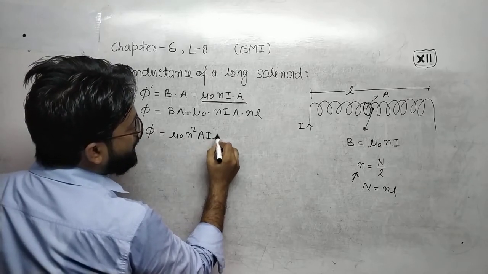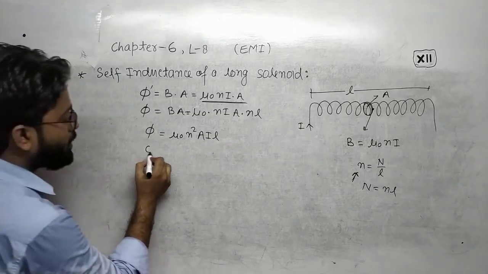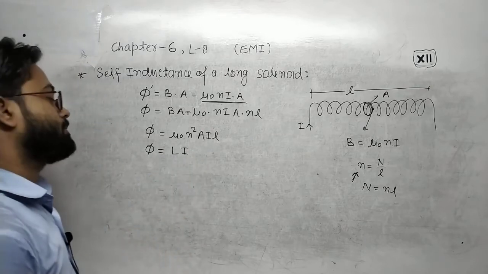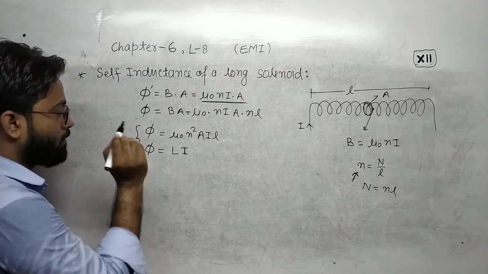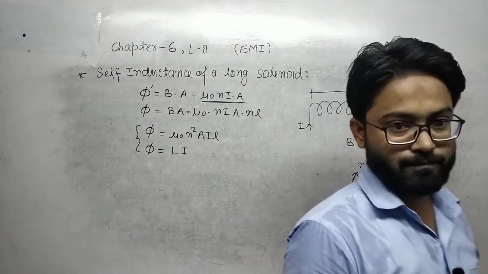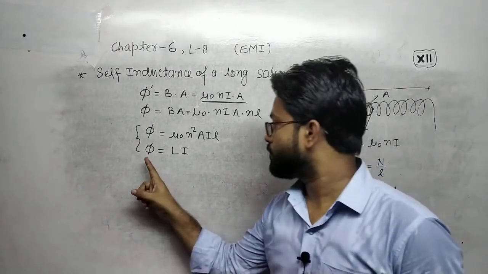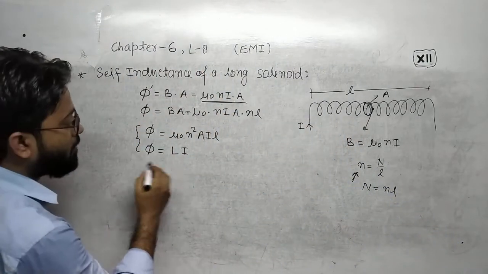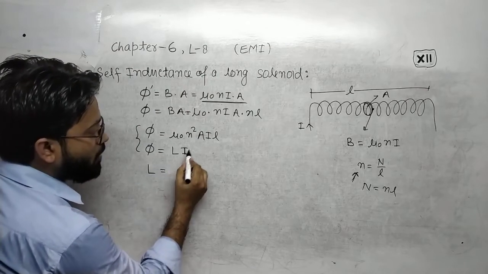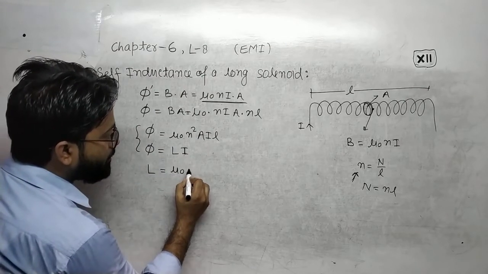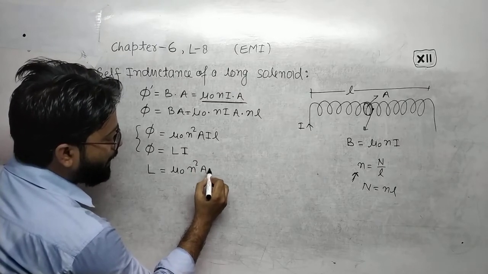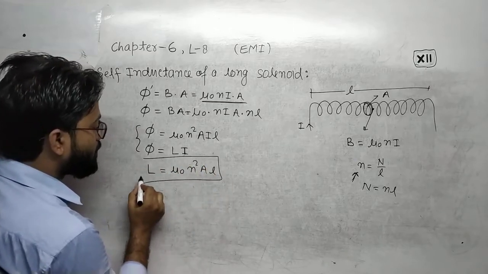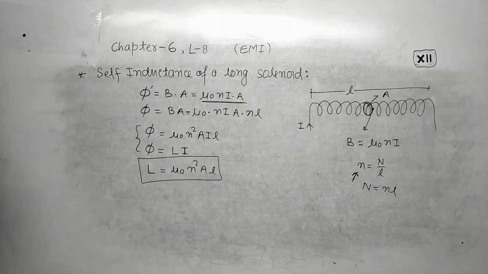A I L, and we know that total flux is equal to L I according to the definition of self-induction. On comparing, you will have L equals, I cancels, mu naught n square A into L. This is the formula of self-inductance